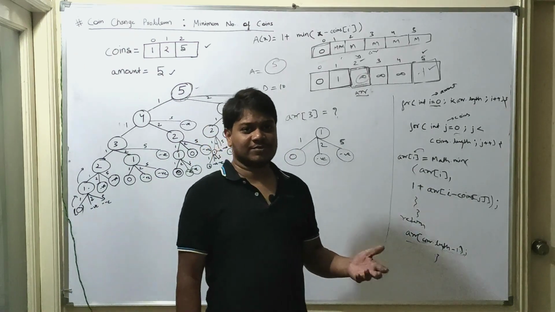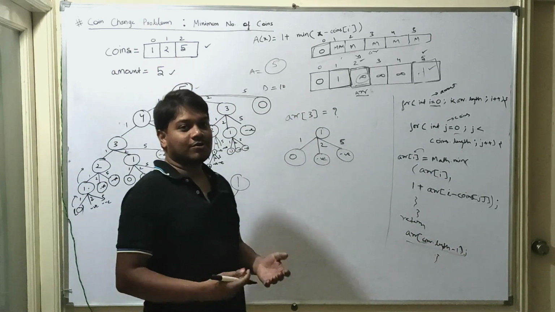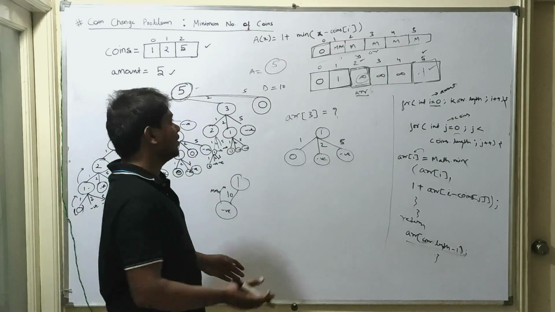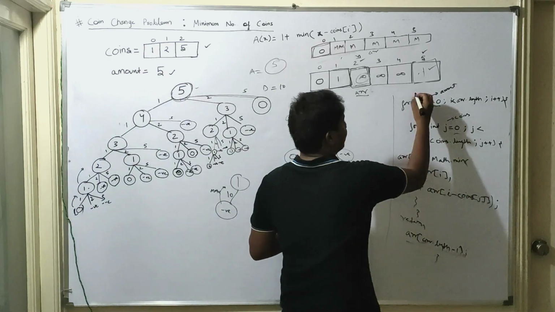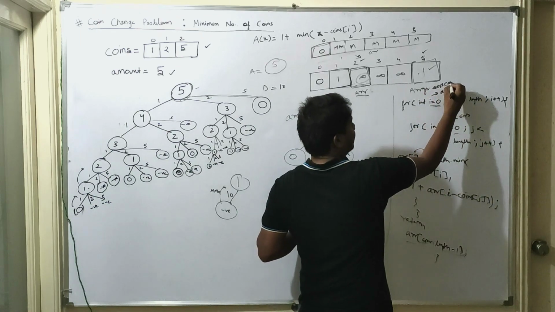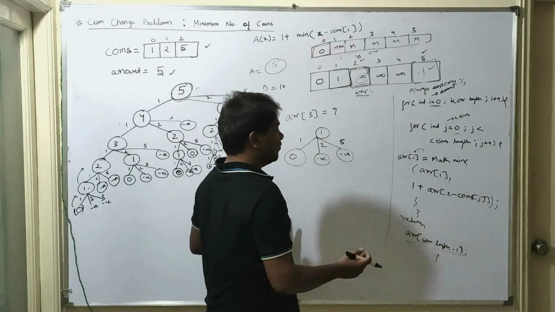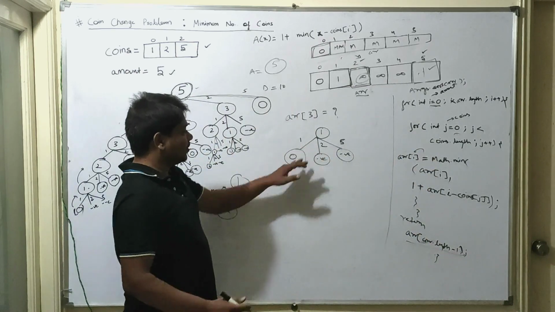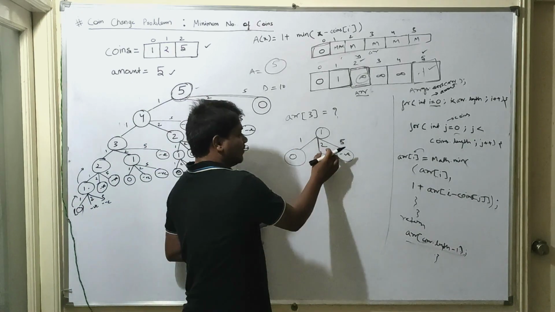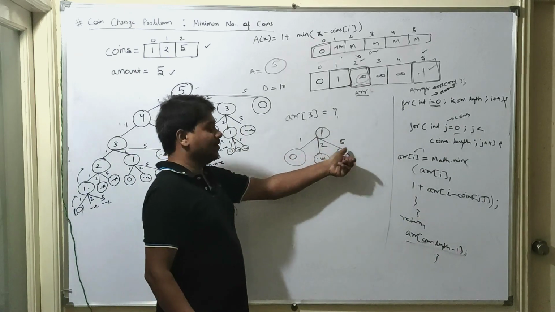There is a small optimization which we can make over here. Suppose currently I have taken the array which is sorted, but it might not be the case in the question which you have been given. If the array is not sorted, then we can sort the array first, Arrays dot sort ARR. If the array is sorted, then the small optimization that we can do is this: the value that we are calculating is 1 rupee, and we have been given the denominations 1 rupee, 2 rupee and 5 rupee.